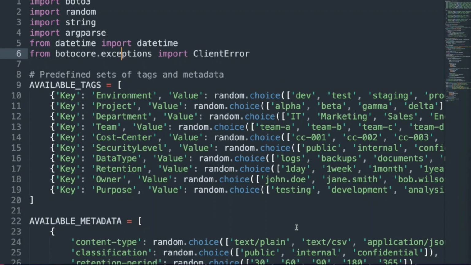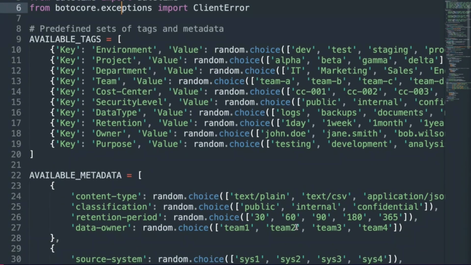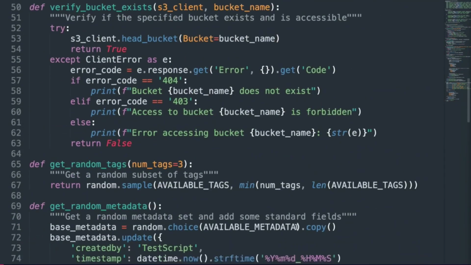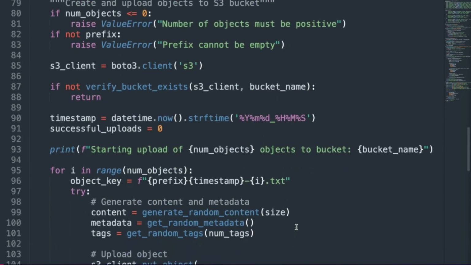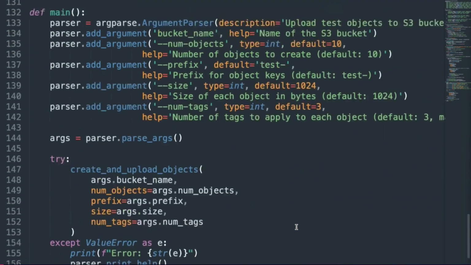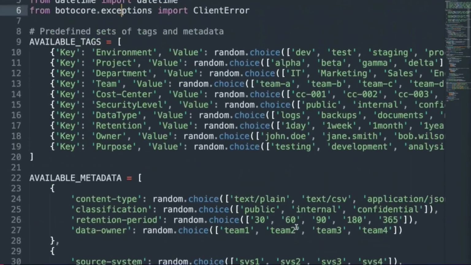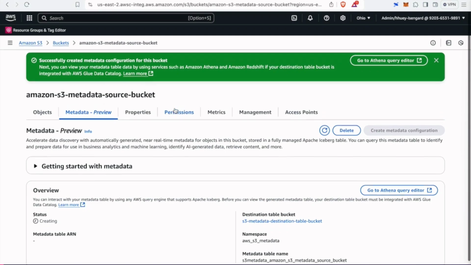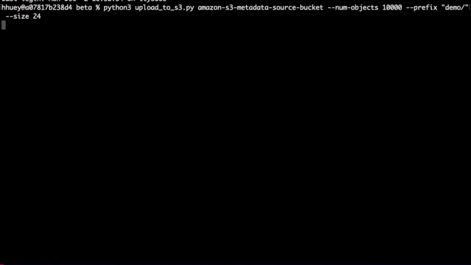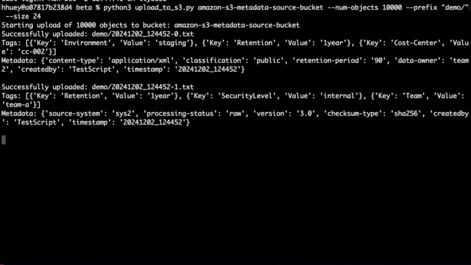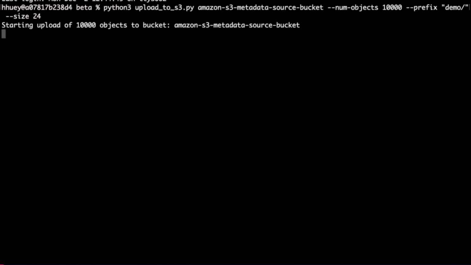And to generate some load, we just wrote a pretty simple Python script that will generate sort of fake TXT objects and upload them to S3. And you might have seen that it also includes some tags and user metadata that we'll use to annotate objects with things that I care about, like team, department, and what compliance they use. So I'll run the Python script. I'll run it a couple of times just so that it generates a slightly higher load on the bucket to simulate, I guess, more real world workloads.